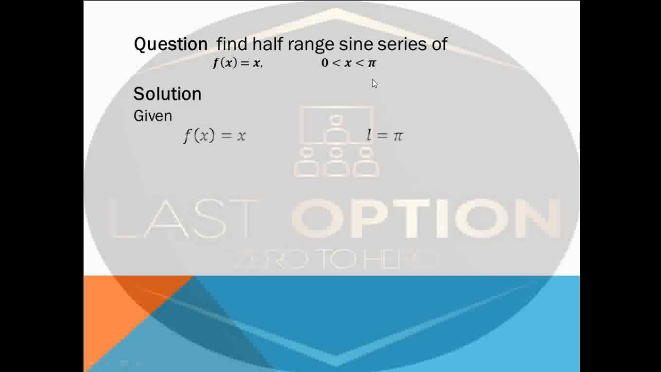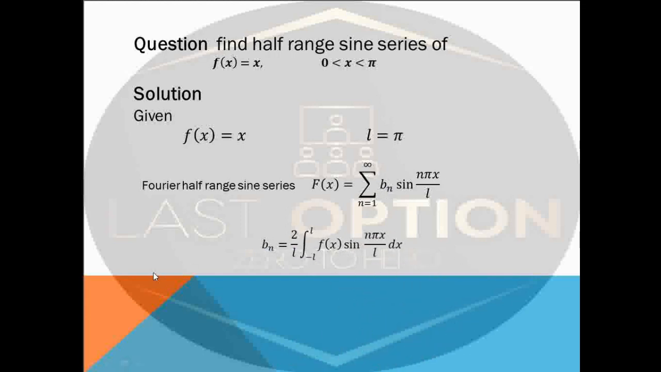So solution. Here it is given that f of x is equal to x, and here we replace f of x by x, and the limit is pi. So the half range sine series is summation of Bn sine n pi x upon L from n is equal to 1 to infinity, and Bn is equal to 2 upon L integration of f of x sine n pi x upon L dx from 0 to L. So on putting the values of f of x and L,